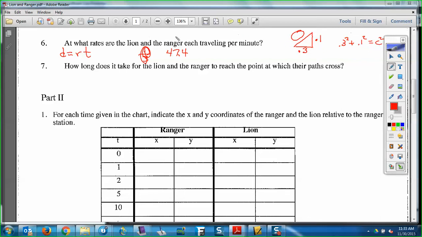I know some of you have it. It's like point something, 0.316 something something. So you've got to take distance divided by rate. So you're going to take 47.4 to whatever that number is divided by 0.316, the rate. How long does it take would be the 47.4 something divided by the 0.316, and that came out to be